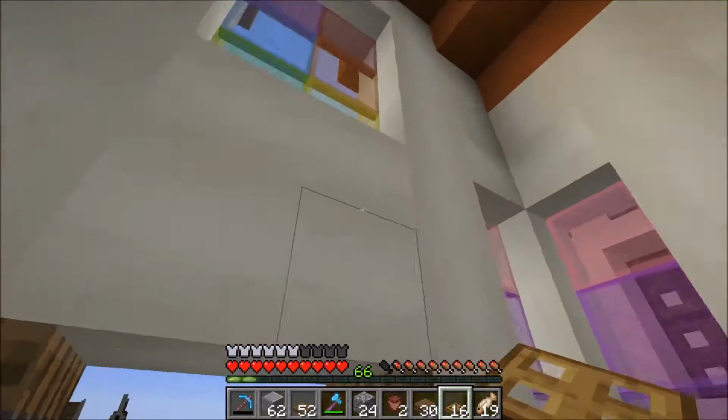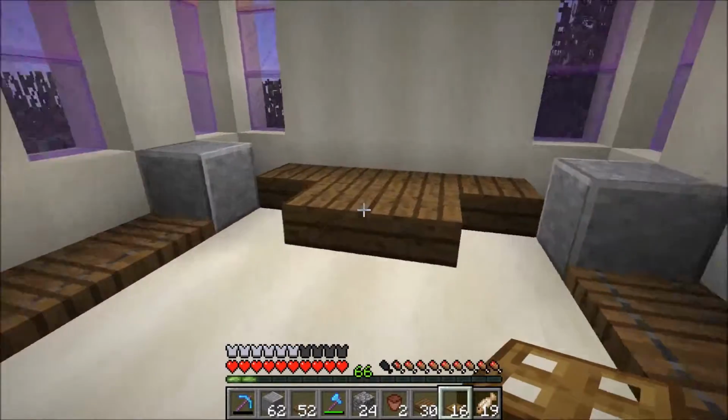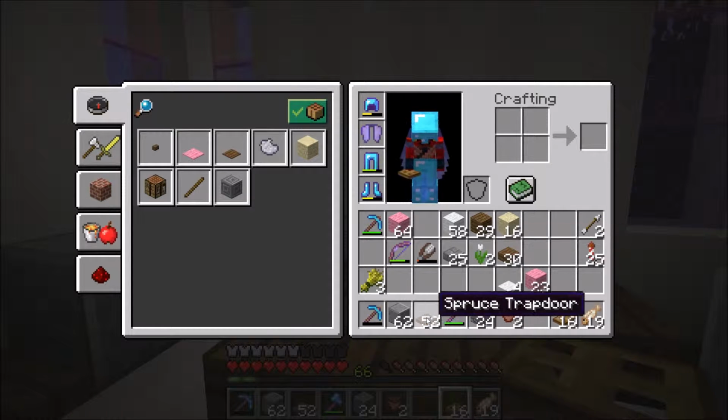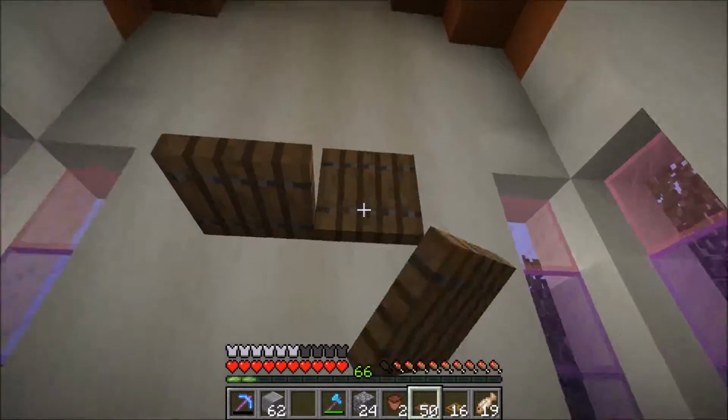Here's our church. It's very colorful because I like pretty colors, and this one has rainbow colors. And I figured, what better thing... Where's my trapdoors? They're there. What better thing for the people to be worshipping than...